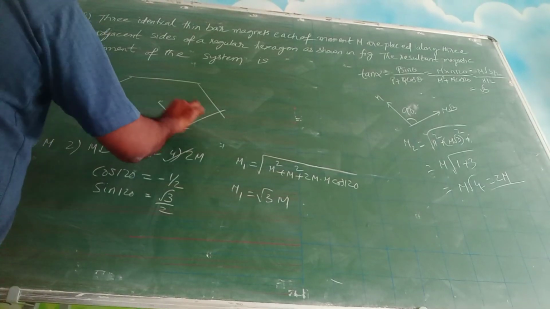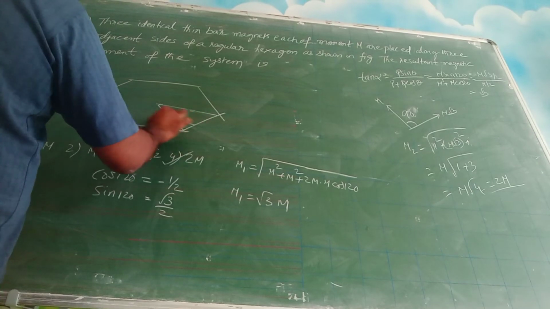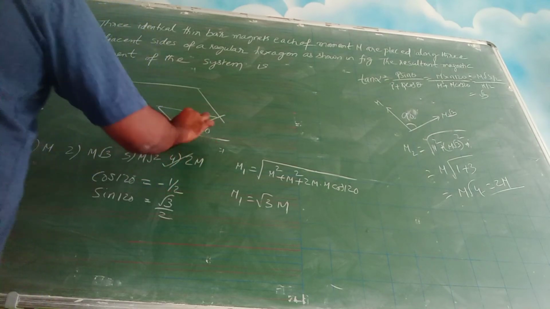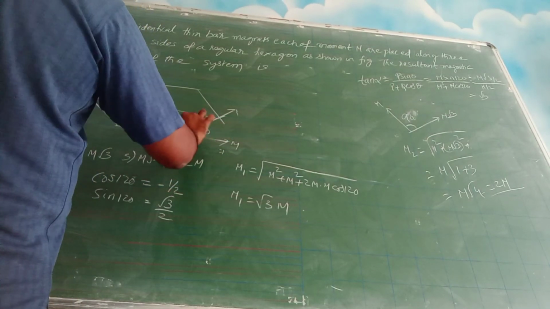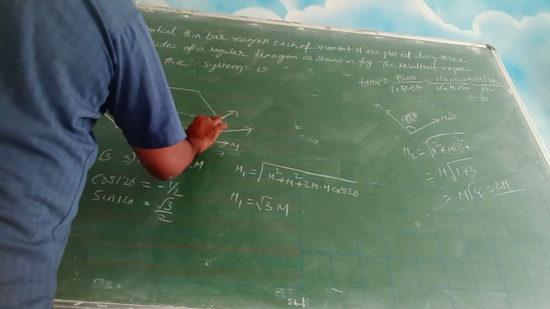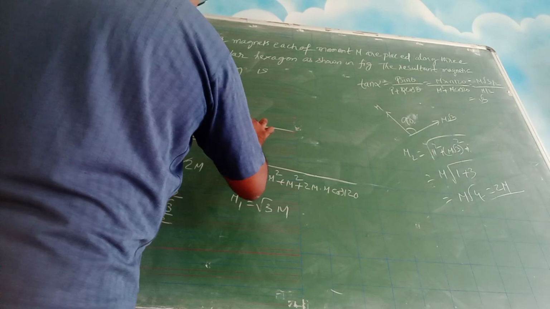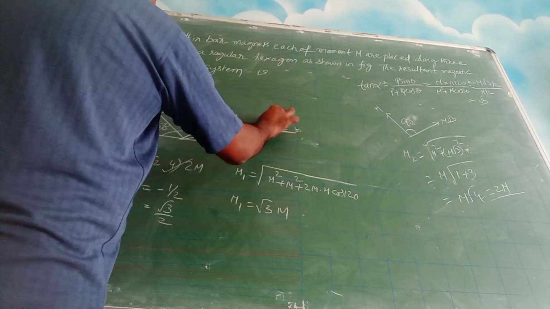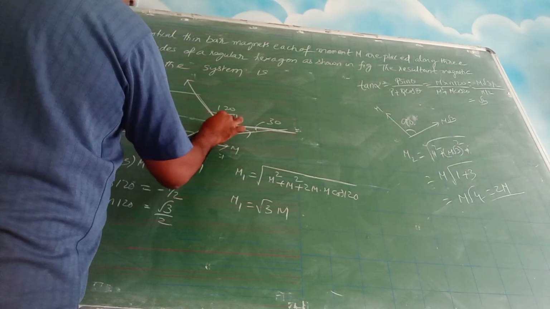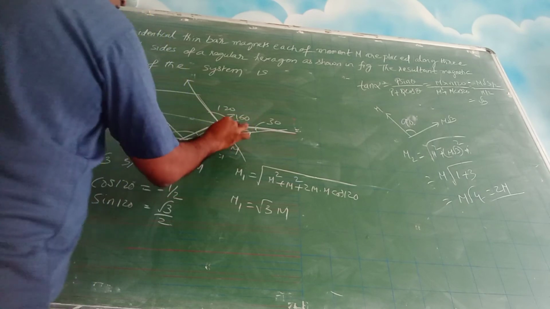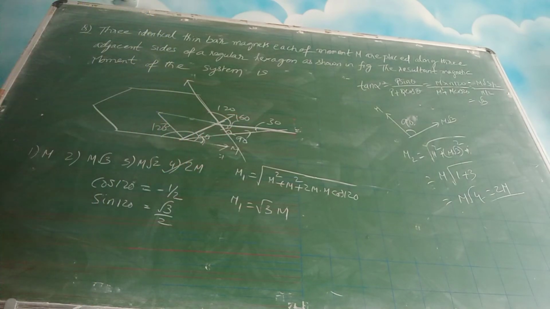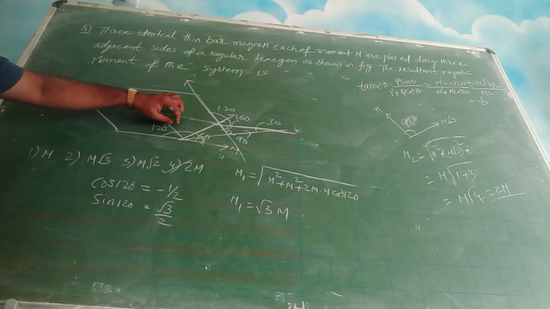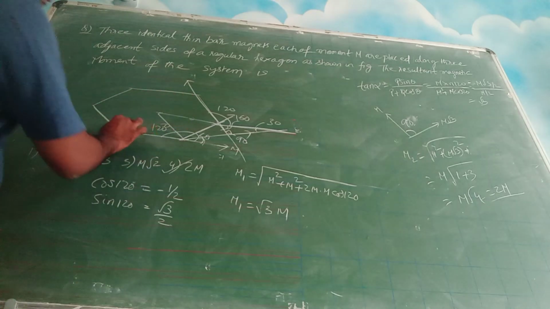Actually, it is like this, when you are drawing these lines, this total angle is 120 because individually this is 60 and this is 60. So this angle is 60. So you have m like this, you have m like this, and this is what you got as resultant. Okay. So this small angle will be 30. So you are extending this, so you have got another m like this. Okay. So this is 30, so this will be 30, and this is 120. So this small angle will be 60. So this angle will be 90. Okay. So the angle between these two is 60 degrees because this total angle is 120. So we have taken this as 60 actually, but we have to take this total angle.